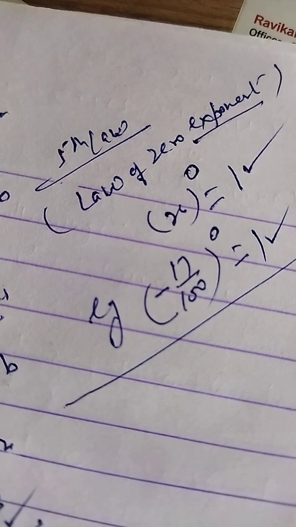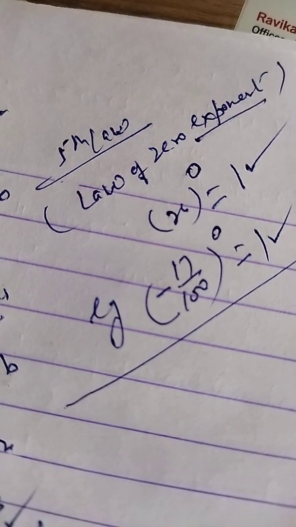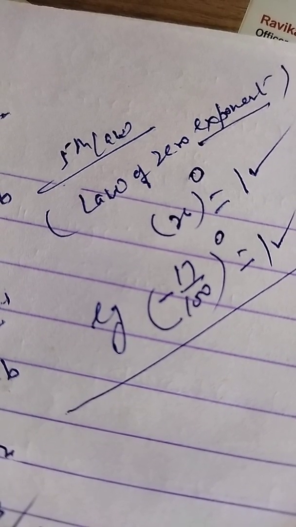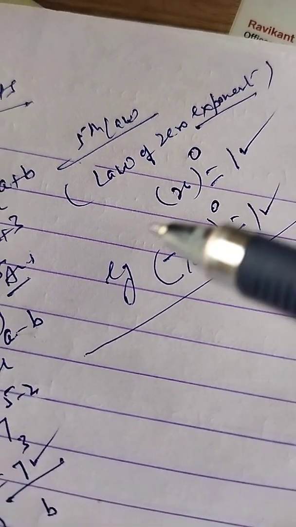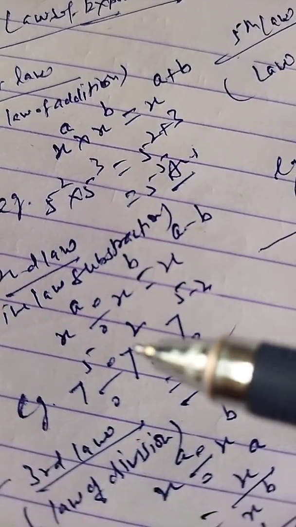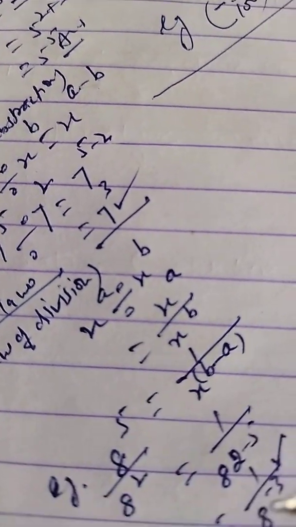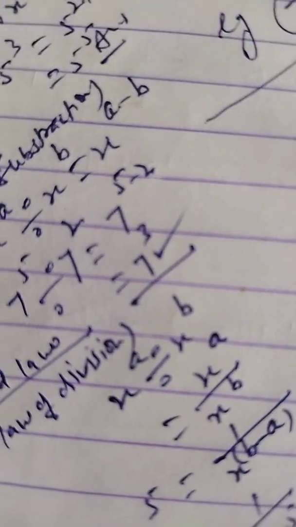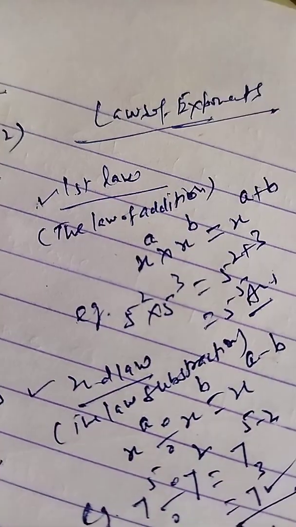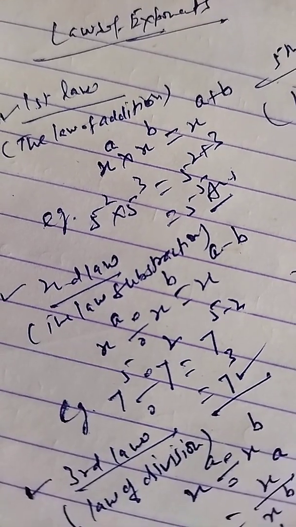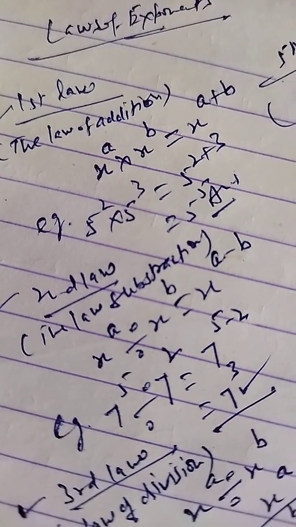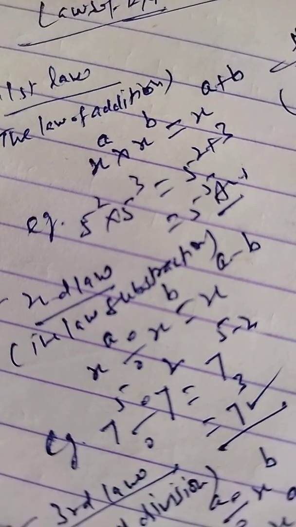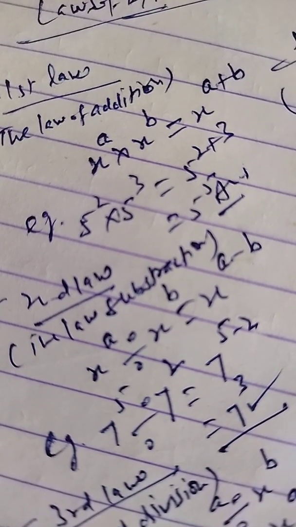After this, these chapters will not be the part of your syllabus in your high school classes, that is your class 9 and 10. So you have to use all these results as the utilities or as the tools to solve the questions in class 9 as well as in 10. So important from learning outcome point of view, you need to pay attention to the results of all these laws, and that knowledge you have to carry forward to your next classes.